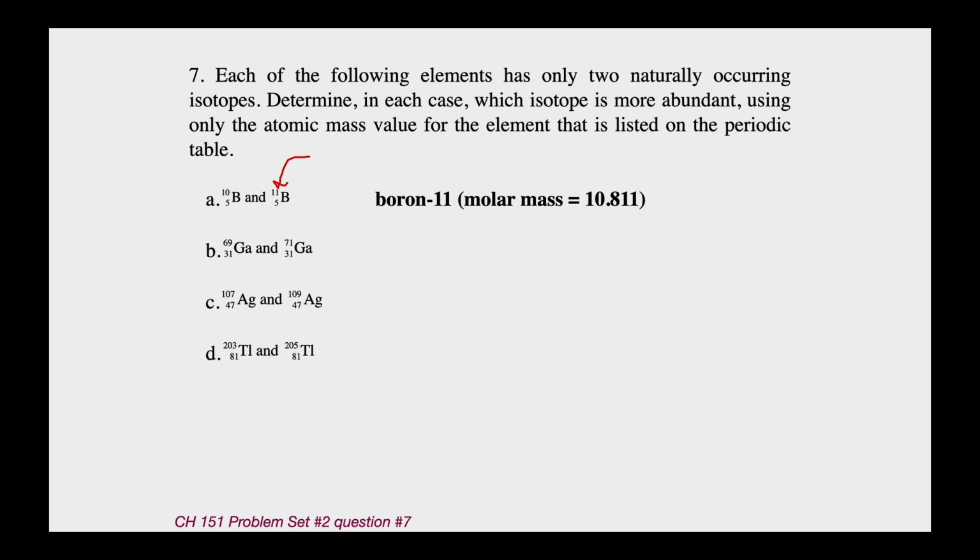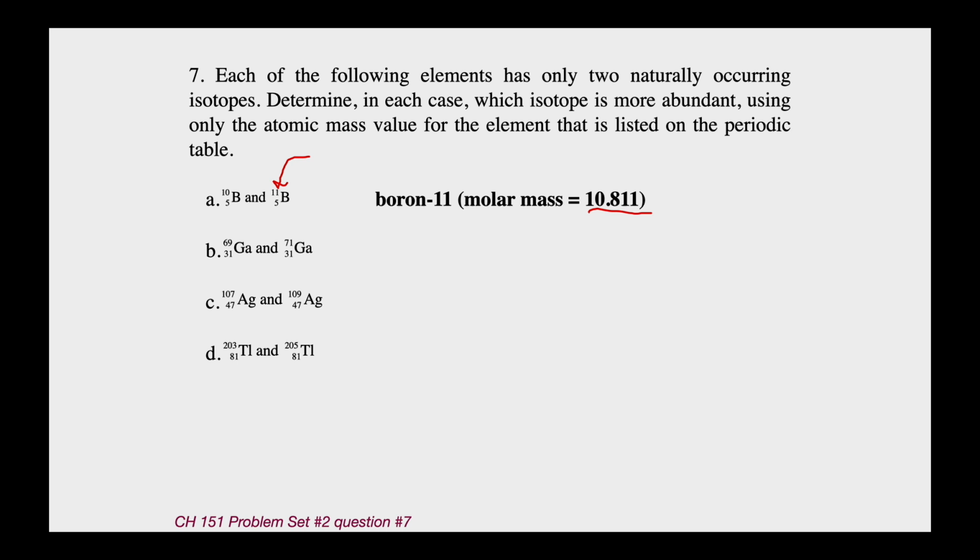This is all about averages, okay? And if you have 2s and 3s that you're trying to find the average, if you have a lot more 3s, the average will be closer to 3. If you have a lot of 2s when you're trying to average, it would be closer to 2. In this problem, we're kind of figuring out the average between 10 and 11. And this number on the periodic table tells us that 11 is more abundant than 10. But all you really have to do is round up, all right? Round up to the nearest number of sig figs, and you should be okay. So the next one, knowing that, gallium is about